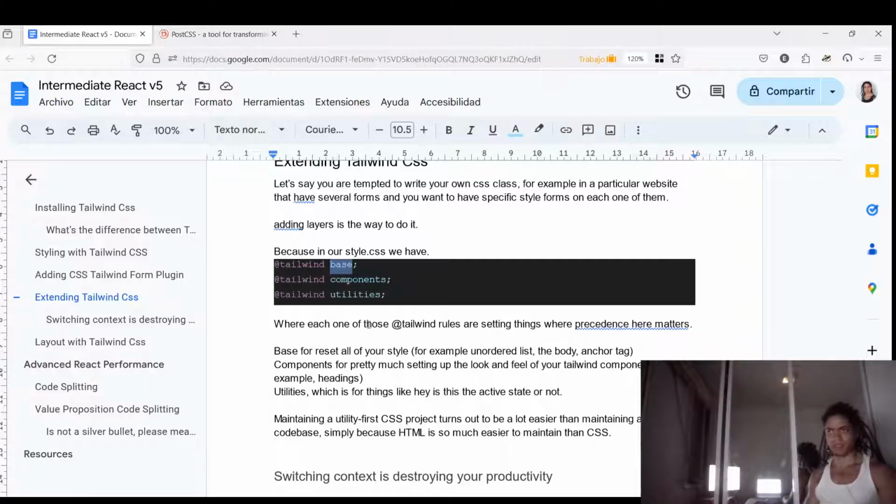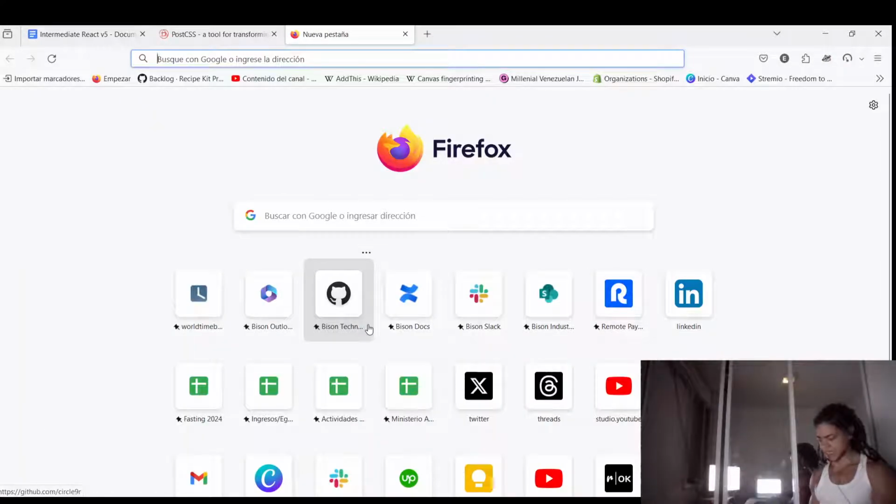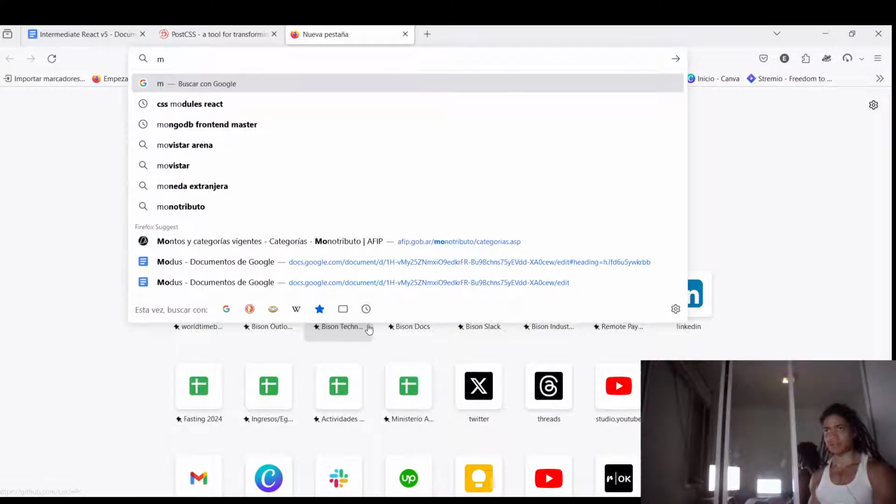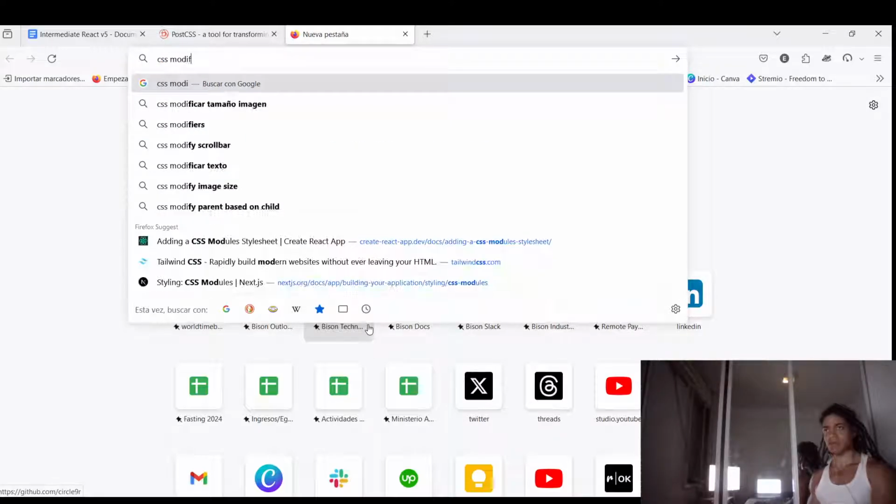The components layer is like, how should this particular title look, the H1, the typography. And then utilities is more like it's taking the modifiers,